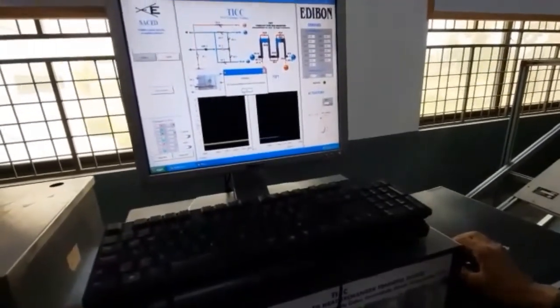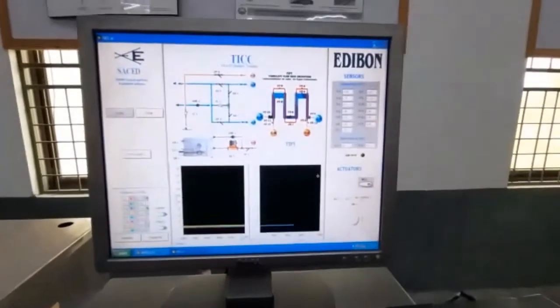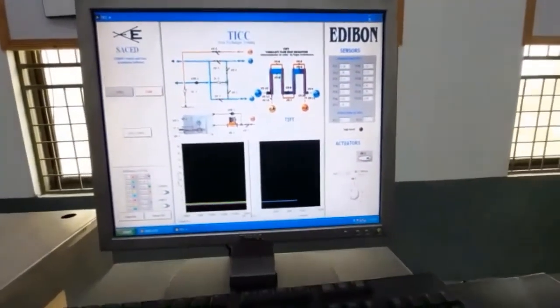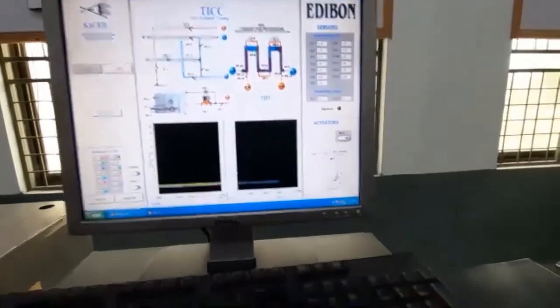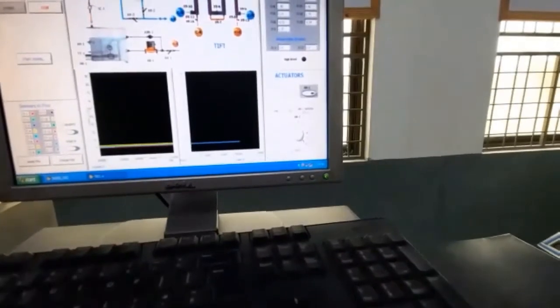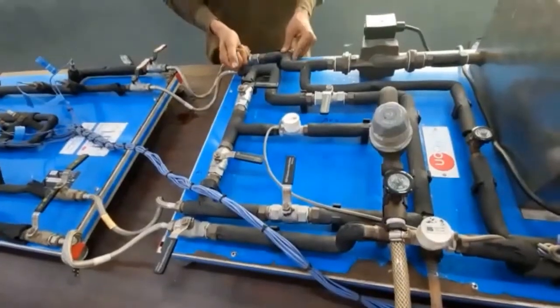So now he has just started to heat the water from the hot tank. In the tank there is water. We have provided it heat, and we can increase the value of heat provided to this. Okay, so now he is just